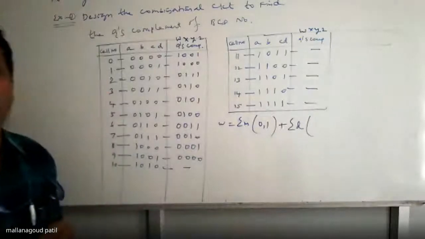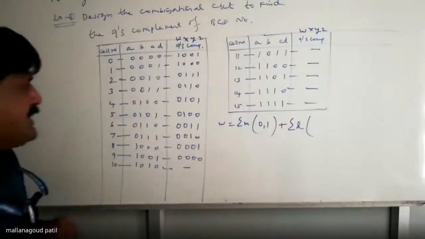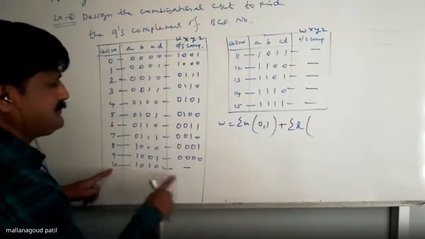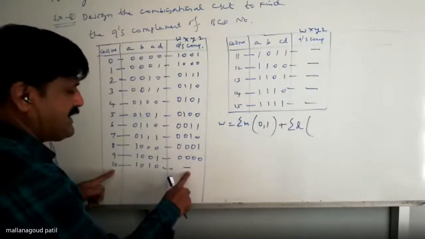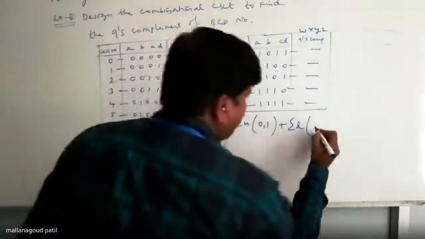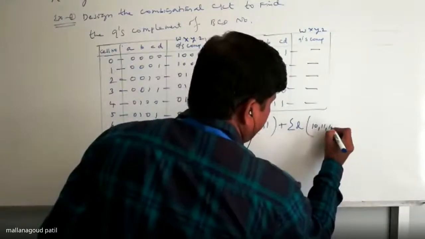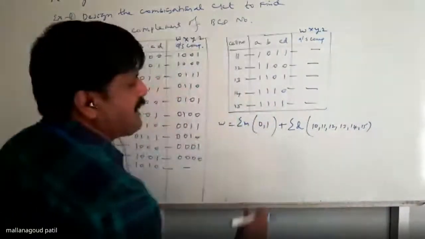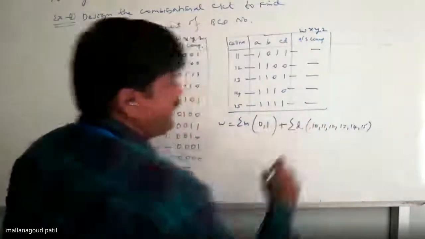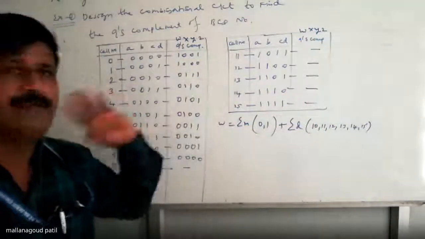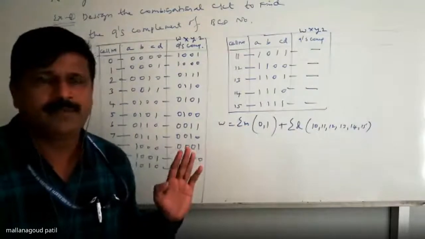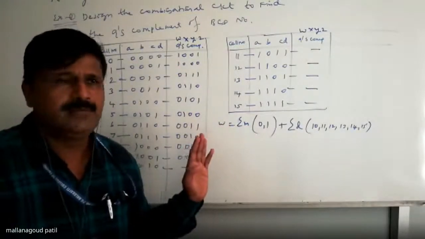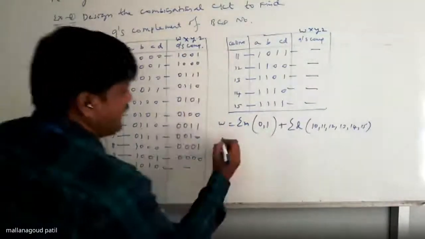Where you have a don't care, I can write sigma D. Sigma D starts from 10th to 15. Then I can write 10, 11, 12, 13, 14, 15. Sigma D indicates that is the don't care. Don't care is 10 to 15. This is for all the columns. It's okay. Similarly, I can write with X.